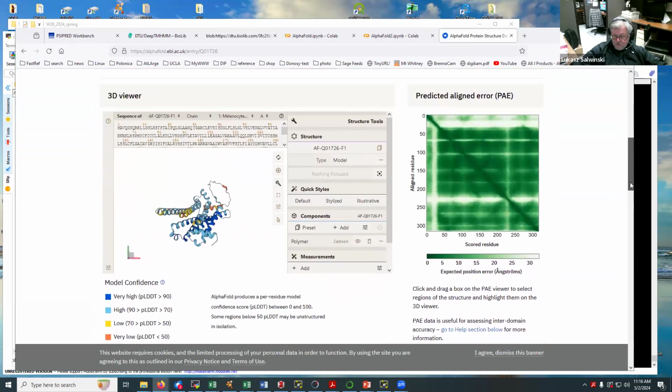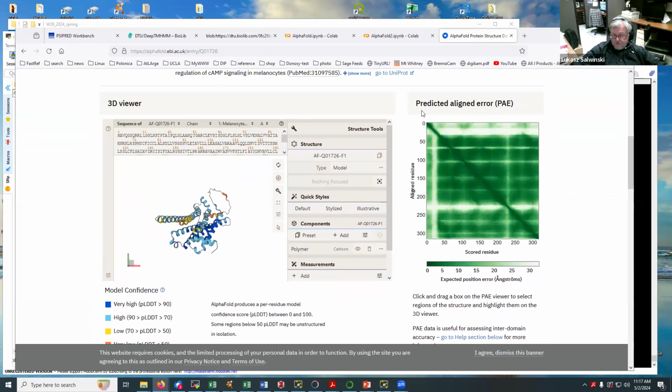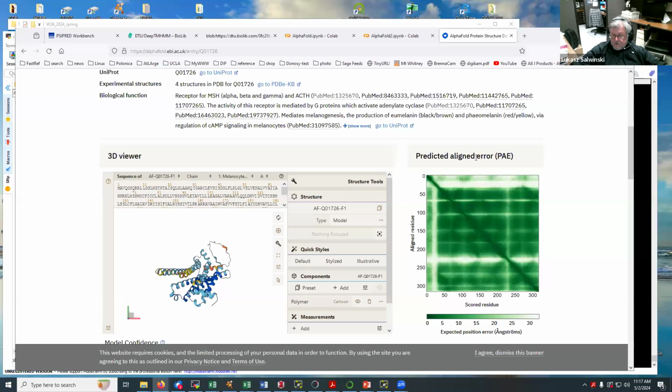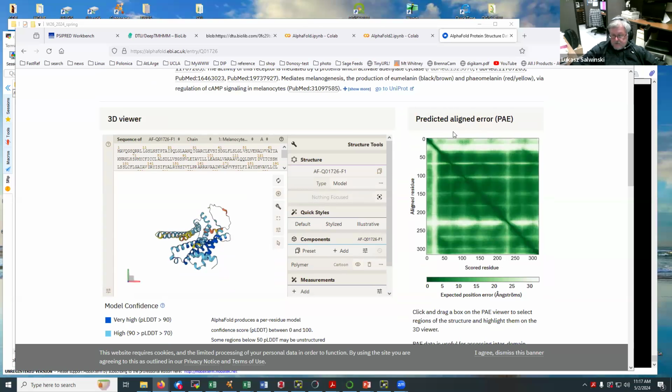Here we do get the predicted aligned error. The formal name is predicted aligned error. Practically, it's a way of estimating how accurate the distance estimation is. Because of the way it's calculated, this matrix is not